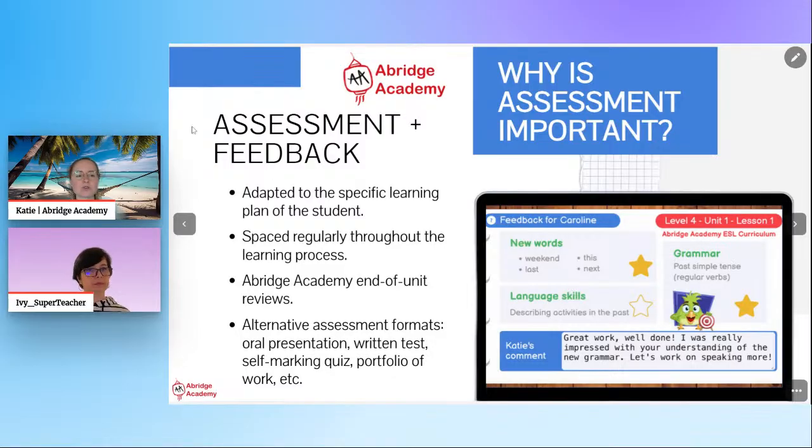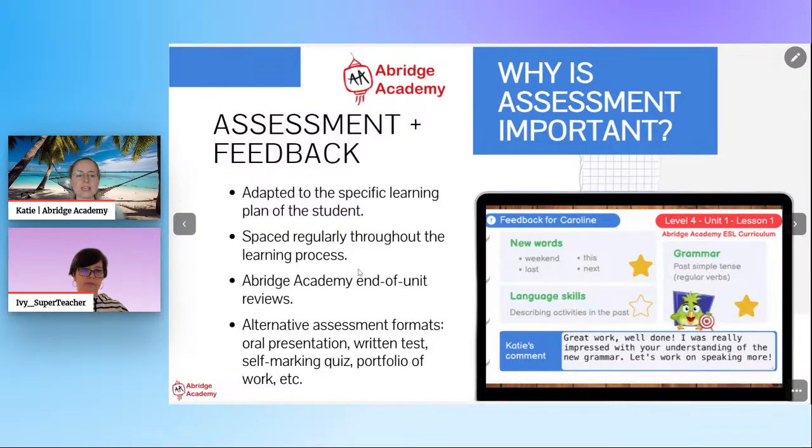One other thing here, I want to talk a bit about the assessment and feedback idea, because we mentioned getting results. Well, in order to get results, you have to measure and assess your students' progress throughout the time they take a class with you, as well as that measurable goal that they're working towards at the end. So I always build into my learning plan milestones that the student's going to achieve, and then make sure I'm following up on those with structured assessments. And it doesn't have to be a super formal assessment, but it's just giving the parents an update and giving myself an update on how well the student is doing at working towards what they're wanting to achieve.